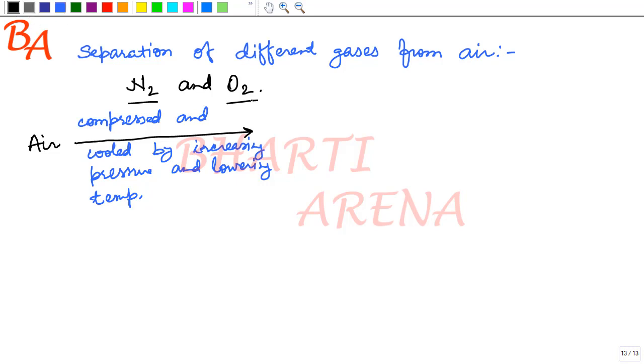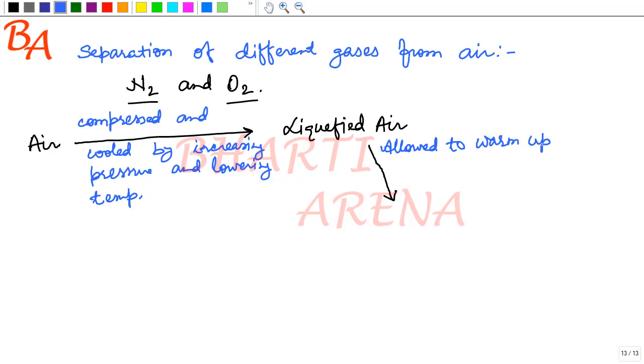Then the air becomes liquefied, and it is now known as liquefied air. When this air is liquefied, it is allowed to warm up slowly so that it expands,